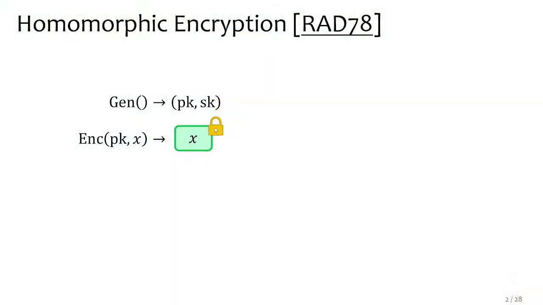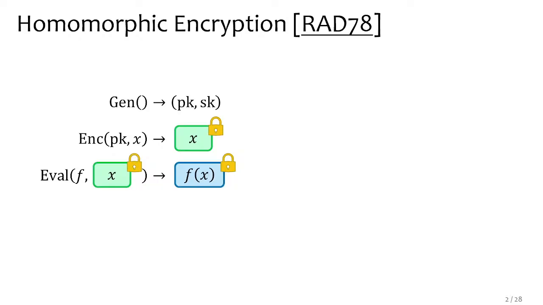So homomorphic encryption. In homomorphic encryption, you can generate public and secret keys, and you can encrypt any data using the public key, and you can homomorphically evaluate any function over the encrypted data without having to decrypt it. And what you get is an encrypted version of the evaluation result. And in this formulation, the function f can be any size or depth circuit. In particular, there's no polynomial upper bound put on the size or the depth of f by the public key or the ciphertext. And this is